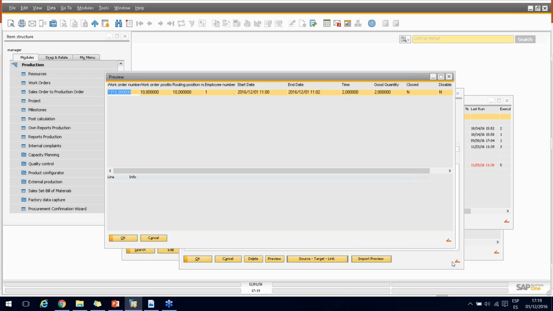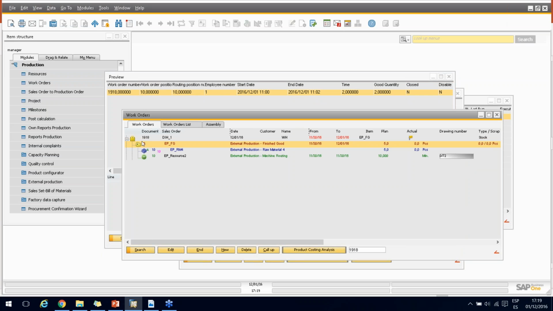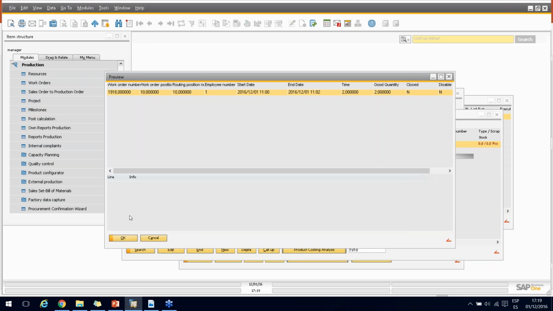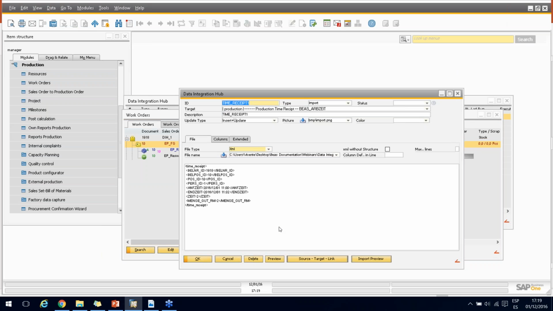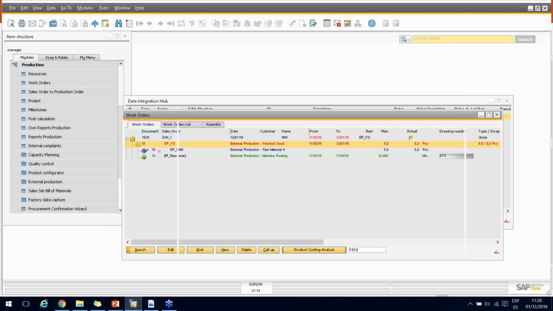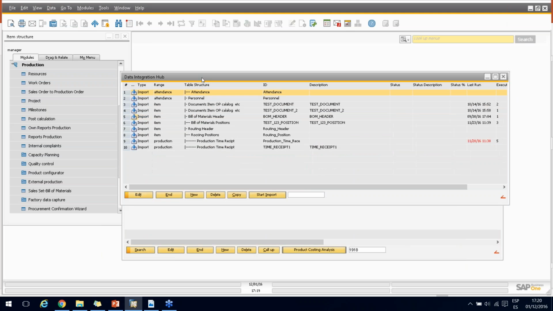Okay? In case you want to see all that information, here it is. We have the 1918, which is the work order, then the work order position, which is the number 10, the routing, which is this routing that is the only one that we have, and as you can see, we have this information. So with this, we click OK, okay? So now we have our event created. So we click OK in here, and then we have